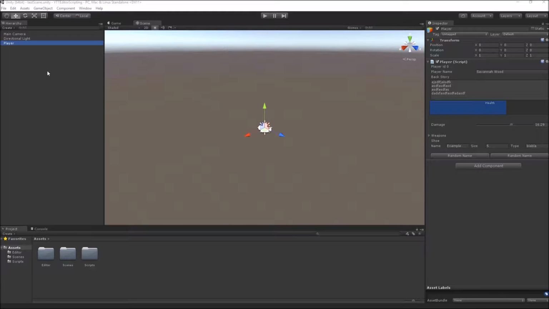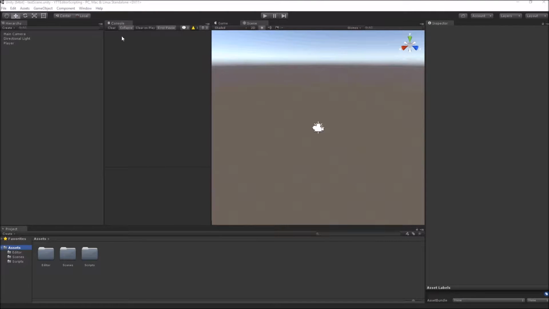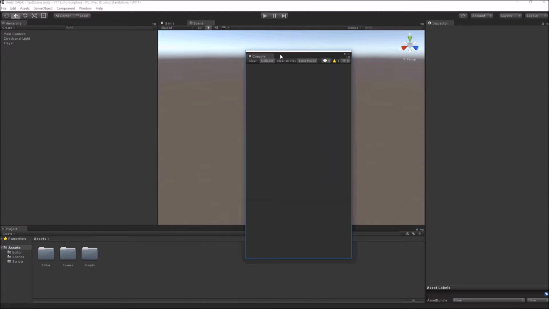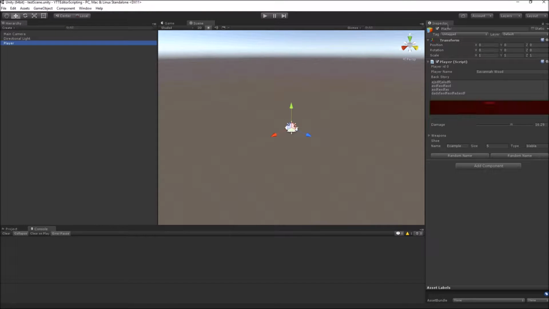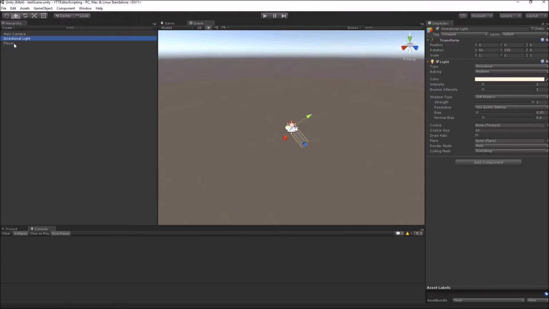For that purpose, what we have is editor windows. Everything that you see inside the Unity editor is basically an editor window. For example, this console window here is an editor window. You can notice how we can move this console window around. We can even latch it to a particular location. For some editor windows like the inspector, we also have a lock tool which will lock this editor window here so that it doesn't change when we select different game objects.